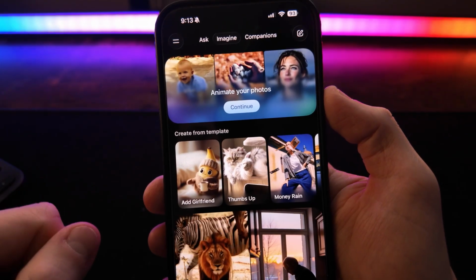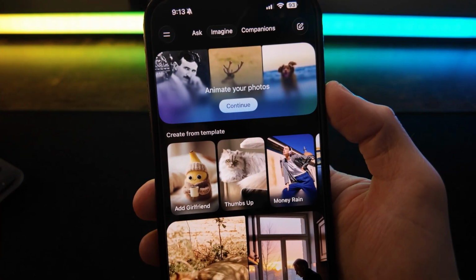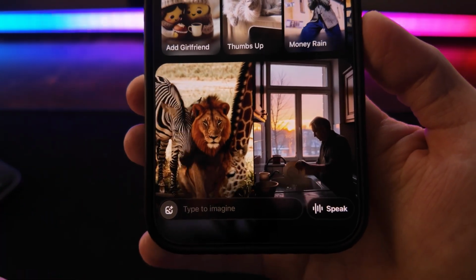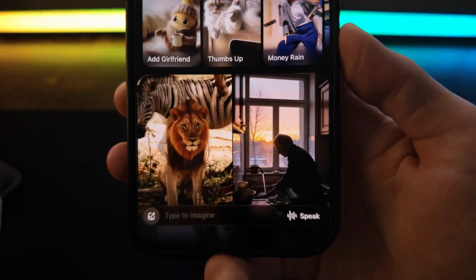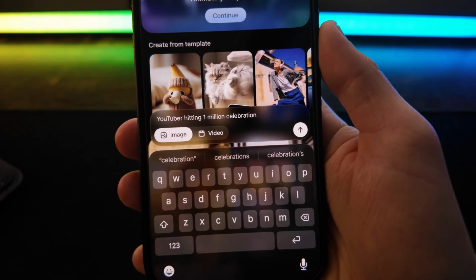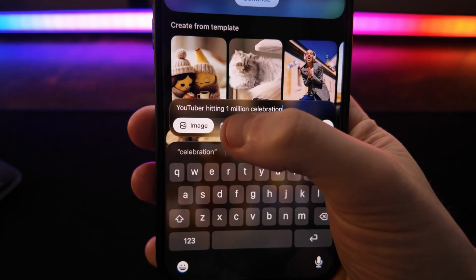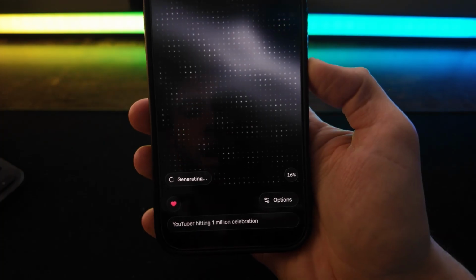Now, once we are on Imagine, what you can do is use a photo from your camera roll to make it more personalized, or you can simply go down to type to Imagine and do it from scratch. So for example, if we just do something really simple, like a YouTuber hitting a 1 million subscriber celebration, you can go to image or video. If we go to video, for example, I can do this, and then it will generate the video